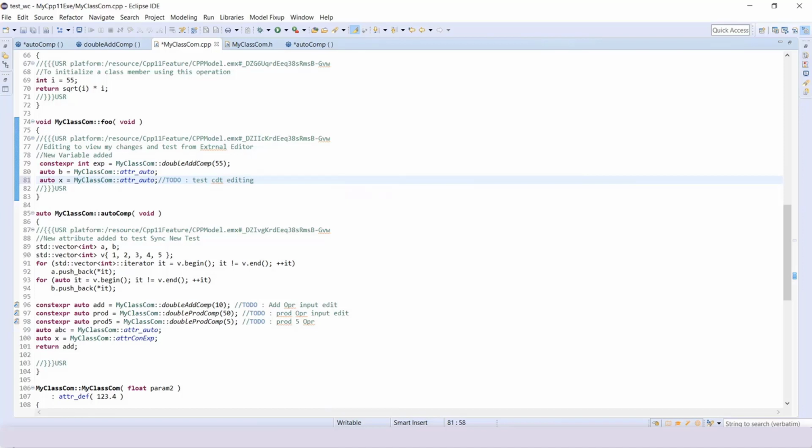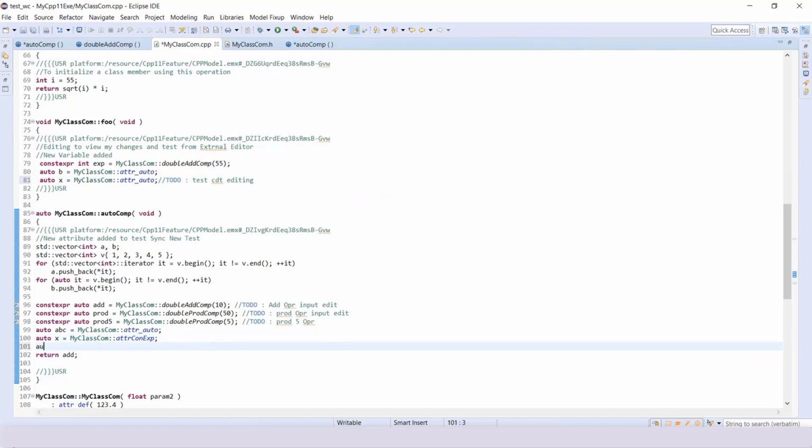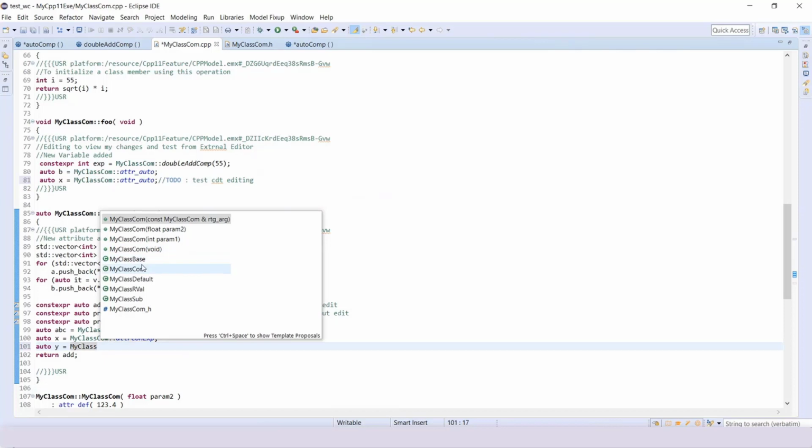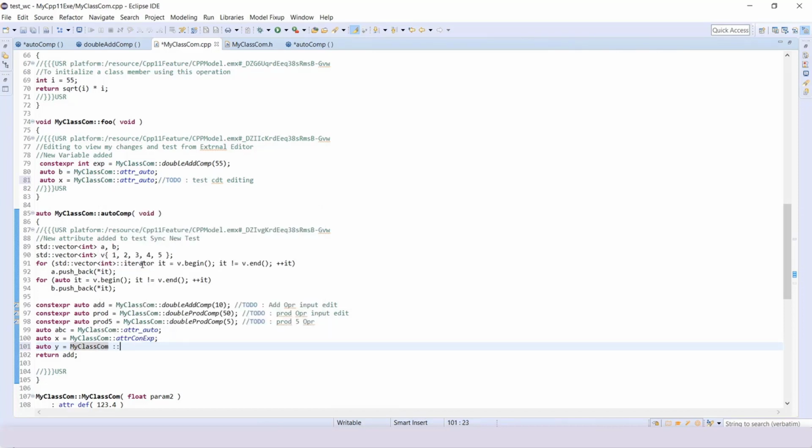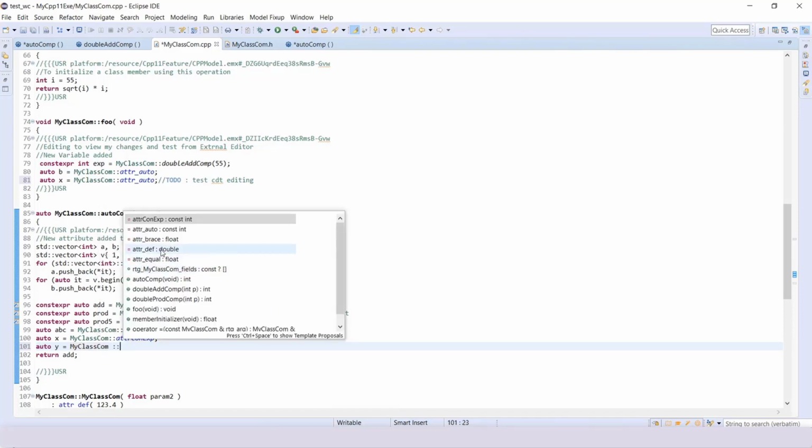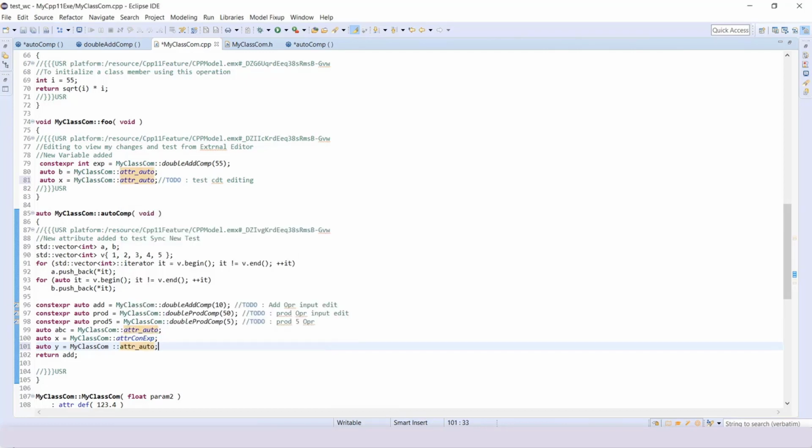Next, I make some changes in another operation also. As I'm changing, please see that my changes are within the USR code. So when you are editing some code inside the CDT editor, keep in mind that we are making the changes inside the USR code.